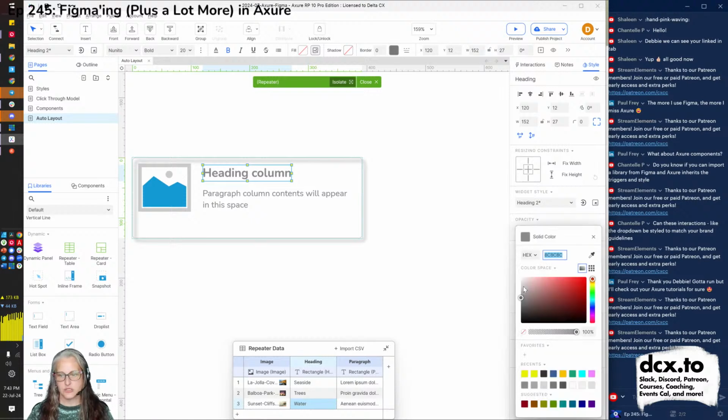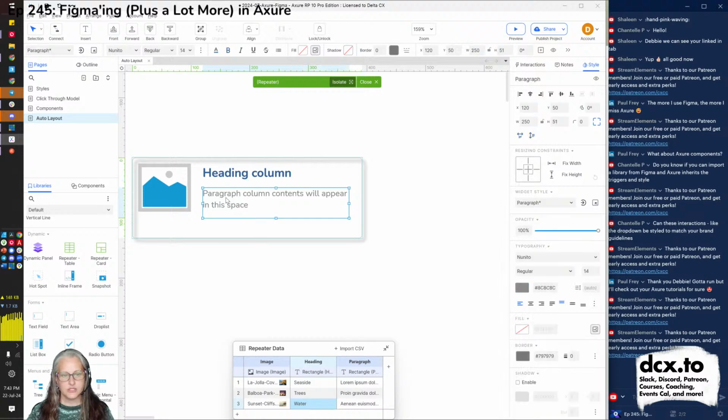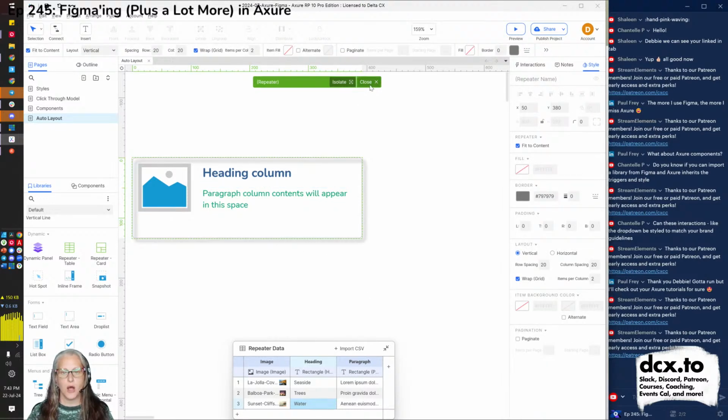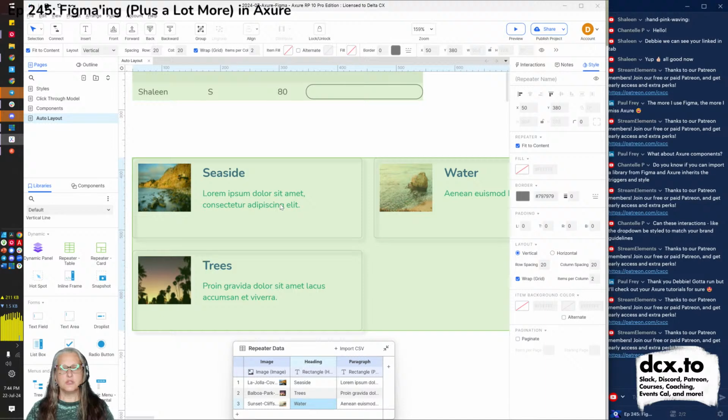So for example, let's change this typography to dark blue. And let's change the body to, and I'm just picking ugly colors just to show you that whatever I change in the repeater model flows into the data that we've put down here. Now notice it says import CSV. You can import or paste a CSV or data from a Google Sheet or an Excel sheet. So if you happen to have a table of data that you need to manipulate or represent realistically in a prototype, Axure is going to be your choice as well.